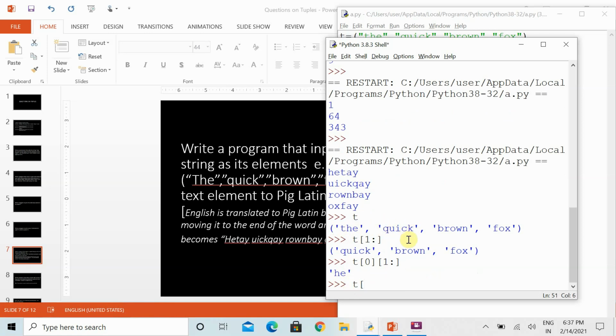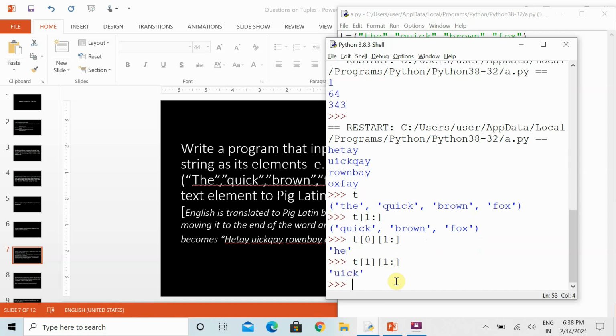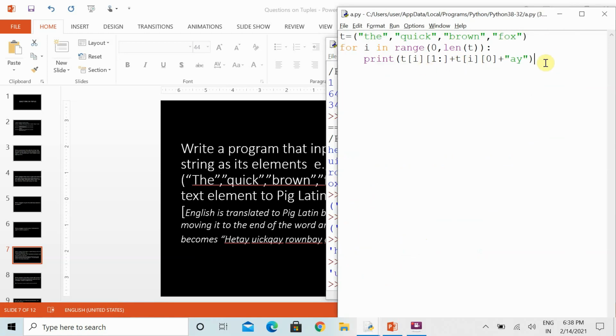After that you can use the same thing. Suppose I want to pick this: the is at the 0th position, quick is at the first position, and if you want to pick UICK, then you can start from position 1, because in the entire word quick I am starting from the first. This is the 0th position, this is 1, this is 2, and in this way it goes on. Then you can see UICK. I have used the same concept here so that we can get the value. Got it? Now we can move to another question.